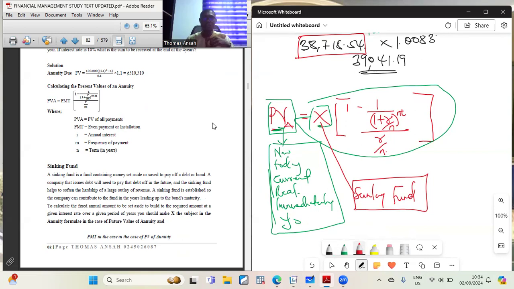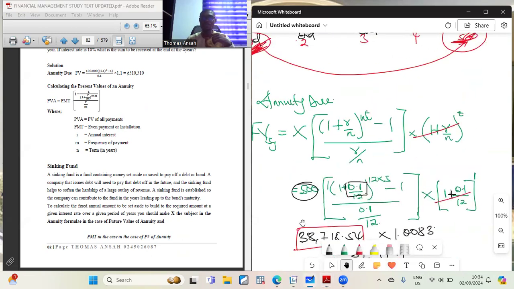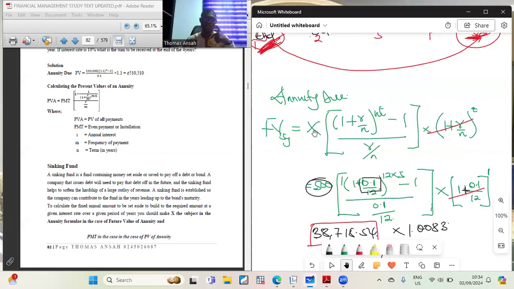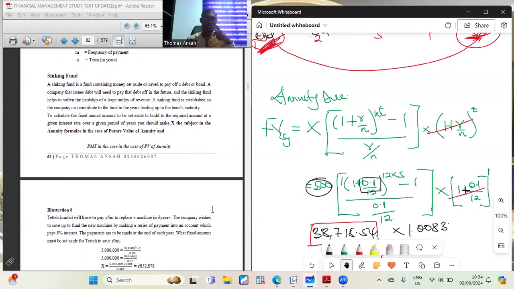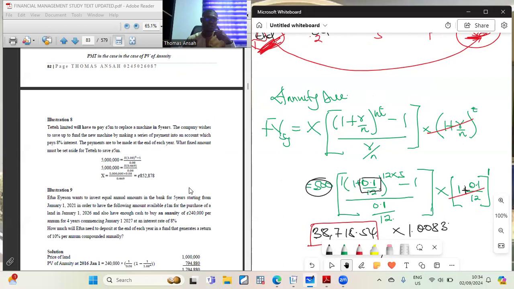All right. So if the government has borrowed some money and will be paying in future, and the government wants to know how much money it should be putting aside every month to be able to pay that debt in future, then it means you are looking for X. All right. So take note of that. So the question that I'm going to do with you will be this question